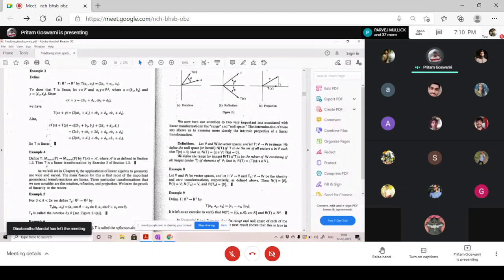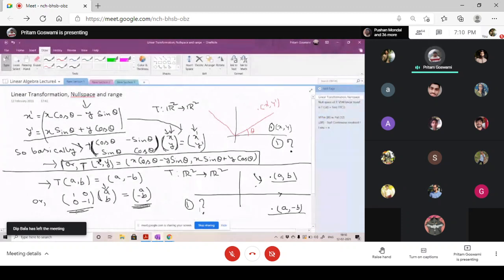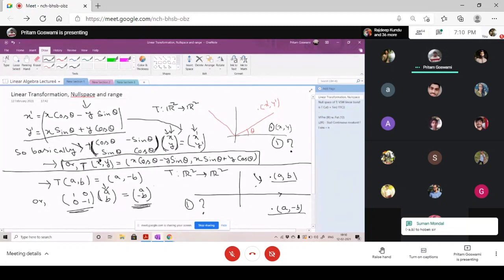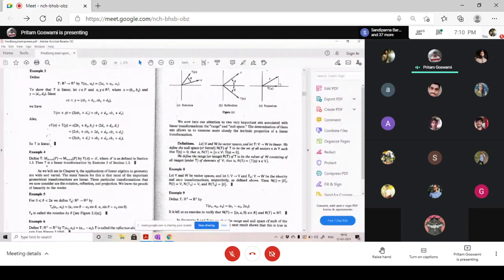Okay, let me continue here. So the question is again there: is there a connection between matrix and linear transformation somehow? Because in both cases we have seen that we can write this geometric phenomenon as a linear transformation and also as a matrix multiplication. We will answer this question today, but first let me give some definitions to you. Another thing is projection.